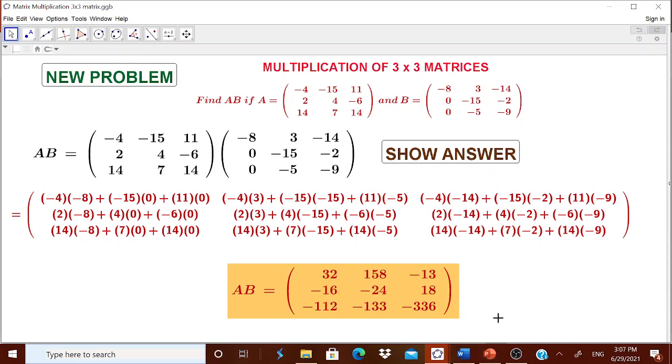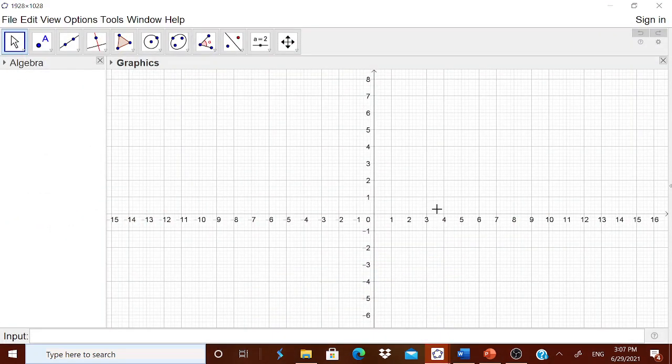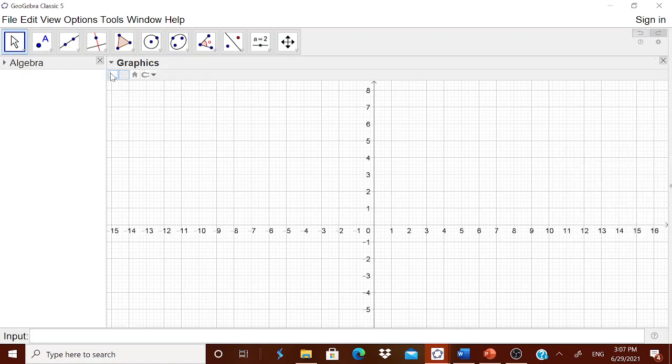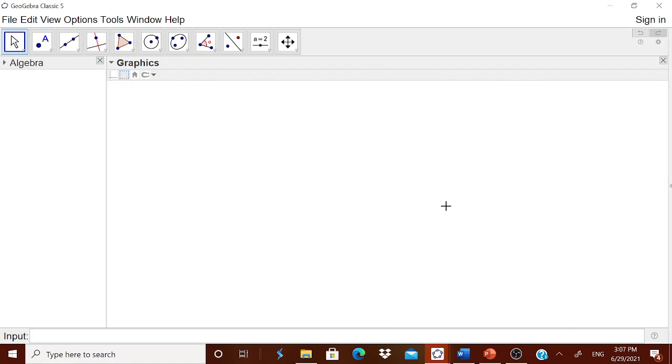Now let us try to design this dynamic worksheet from scratch. For that, I have taken GeoGebra 5.0 Classic 5 worksheet, and for doing this, let me remove this axis. I don't want this axis and this grid also.